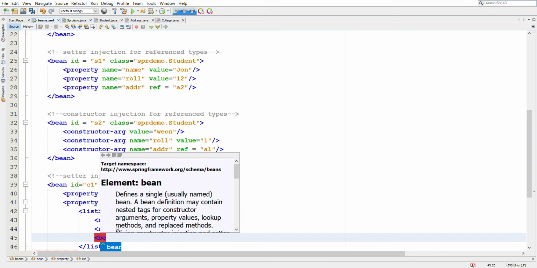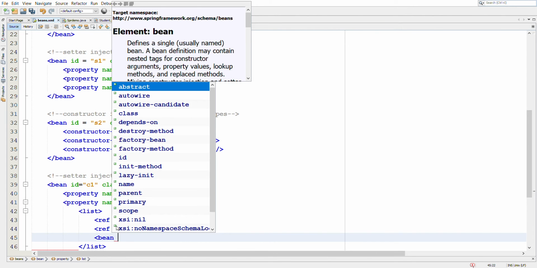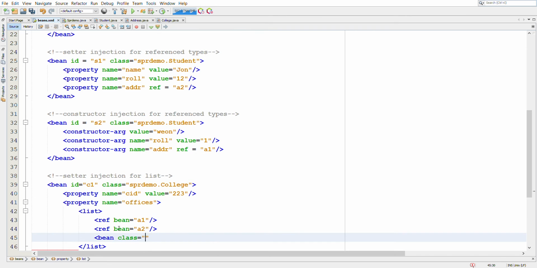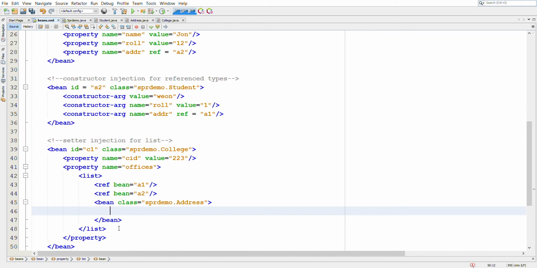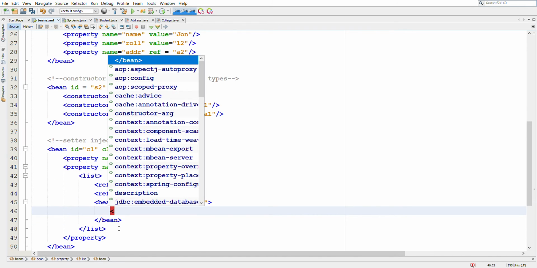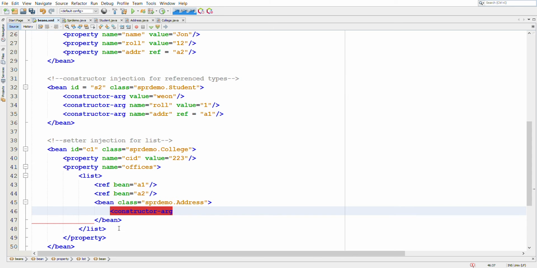For that, we will directly say bean class demo.address, since we want to set an element of type address. And inside this bean, we can use either constructor injection or setter injection. We'll use constructor injection here.